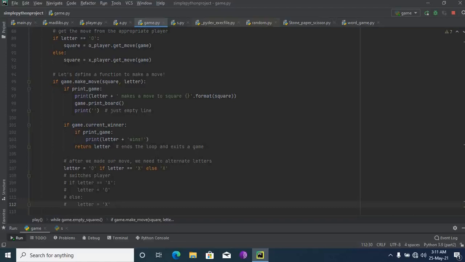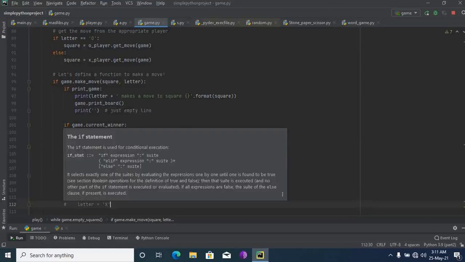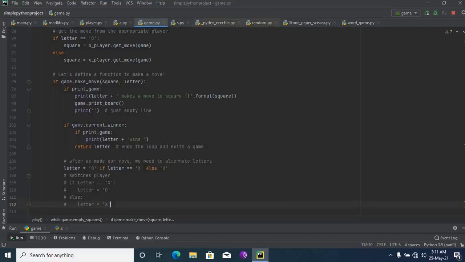After the X player or O player enters the letter, the letter prints and again game.print_board is called. Then if game.current_winner, if print_game, print the letter wins, then return the letter.